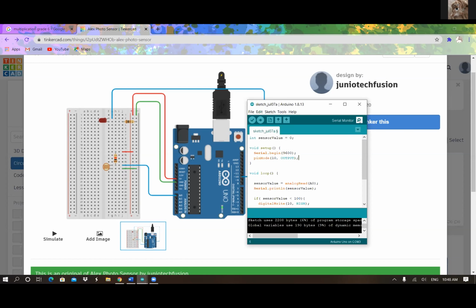I can't find it right now. Your photoresistor is not on the board yet? How does it look? Okay, so you have to put the photoresistor on your board, following the diagram. And the photoresistor looks like,